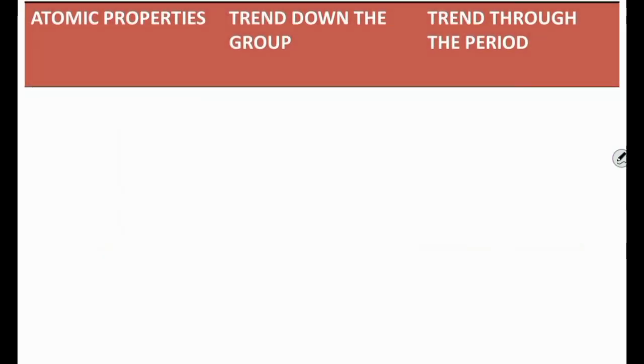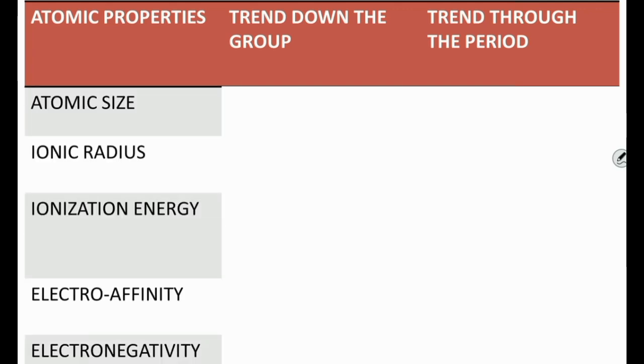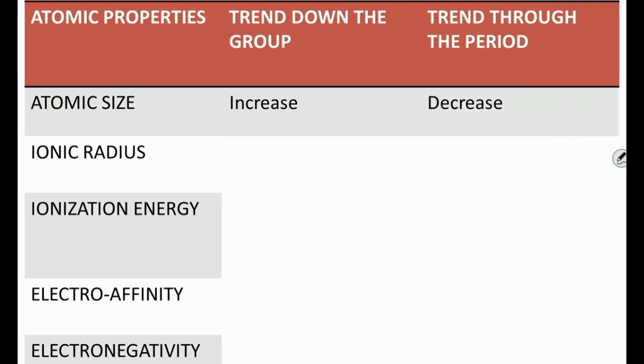Then let's summarize all we've learned so far. Now, atomic property. We said atomic size, ionic radius, electronegativity, and electron affinity. Of course, what's the trend down the group? Atomic size increases down the group, but it decreases through the period. Then ionic radius follows the same trend as atomic size: it increases down the group but decreases through the period. Ionization energy is the opposite. It decreases down the group but increases through the period. Same thing happens to